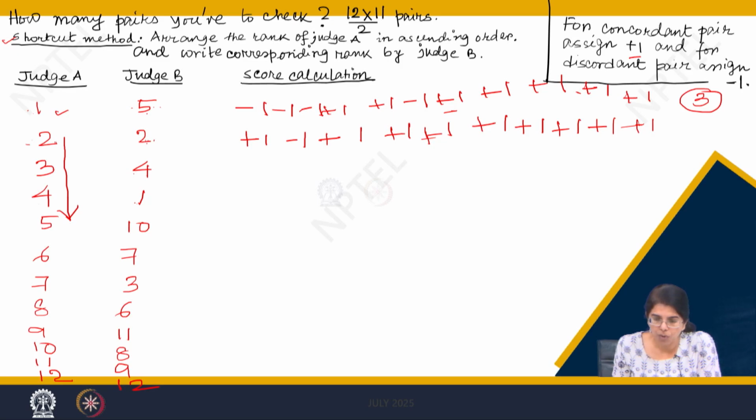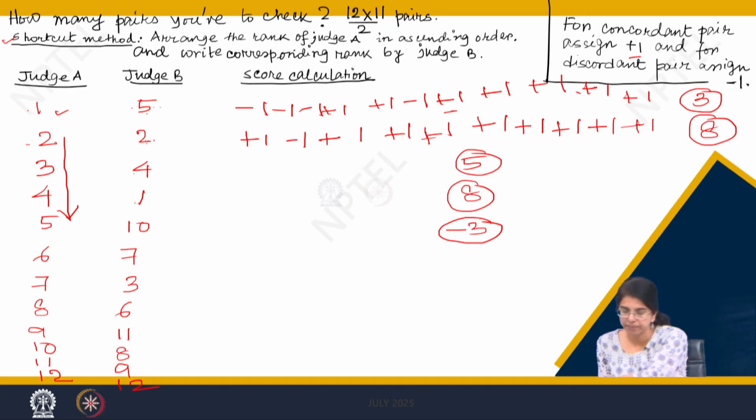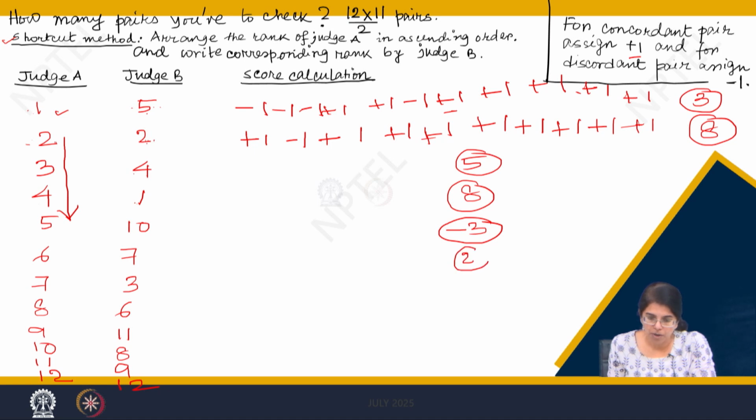For 2 your score will come as 8, for 3 your score will be 5, for 4 score will be 8, for 5 score will be minus 3, then 2, then 6, sorry, it will be 5, I think, it will be 5, yeah, it will be 5,